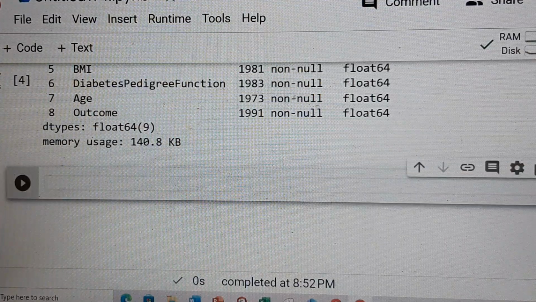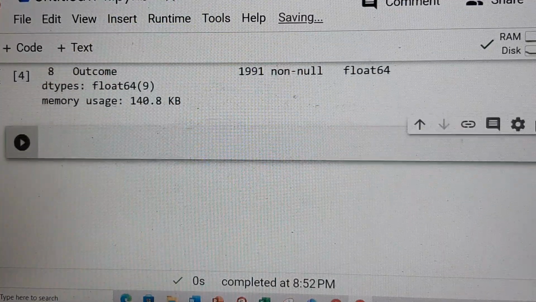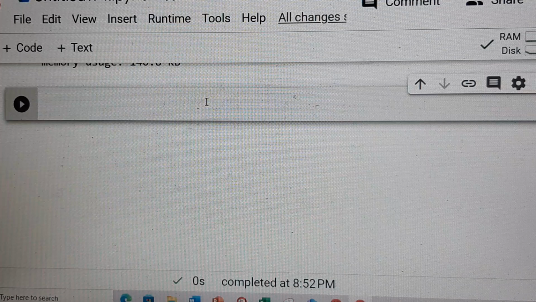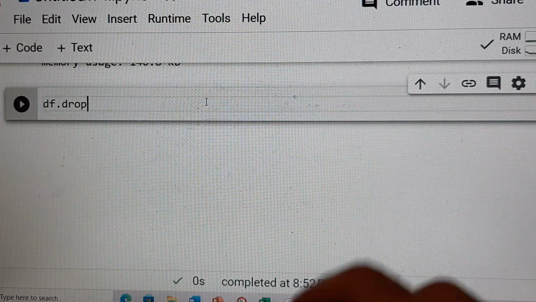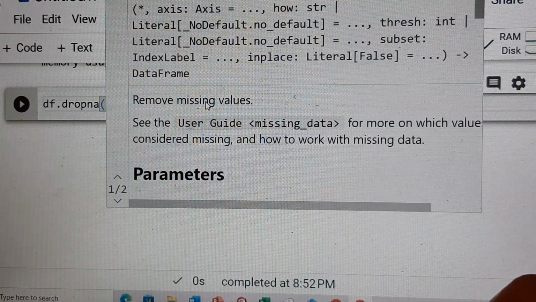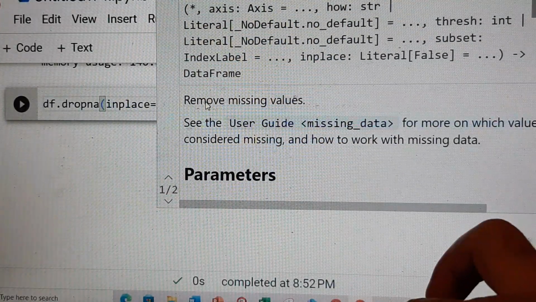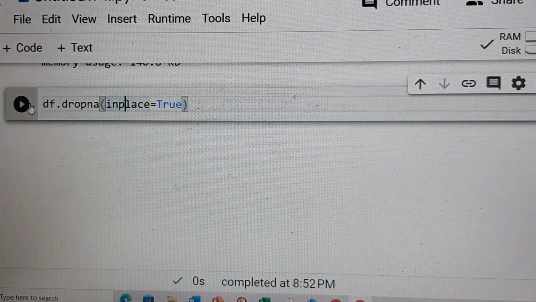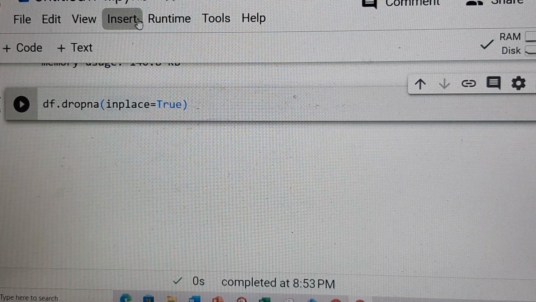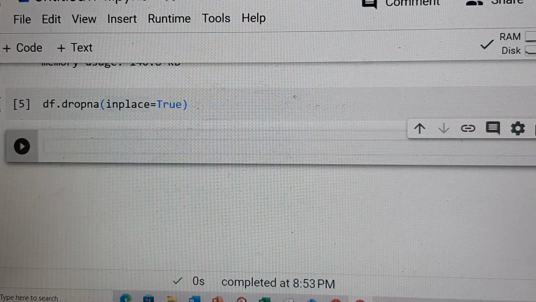Before we start how to deal with the class imbalance, we should drop the null values, because if we don't drop null values in the data frame, the technique won't work. So we want to drop all the null values, right? After dropping the null values,